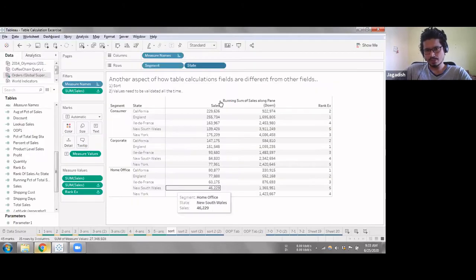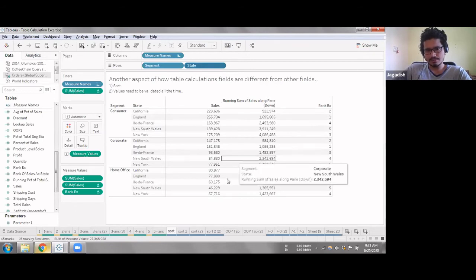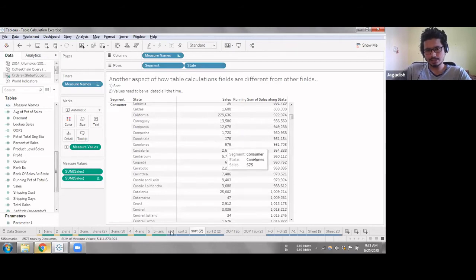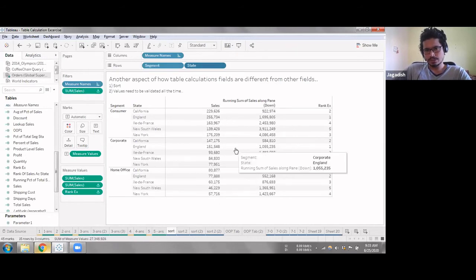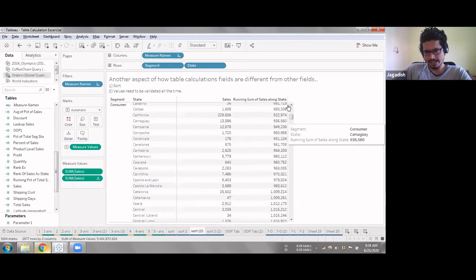So my view is already fixed. Though it looks like this, my view is actually this view, not this view. After my view is this, my table calculation is calculated. That's why I'm getting these values.